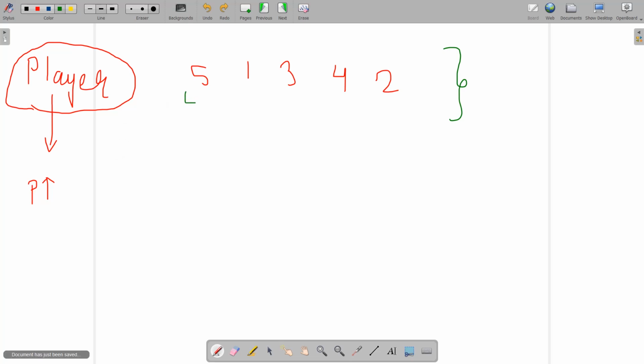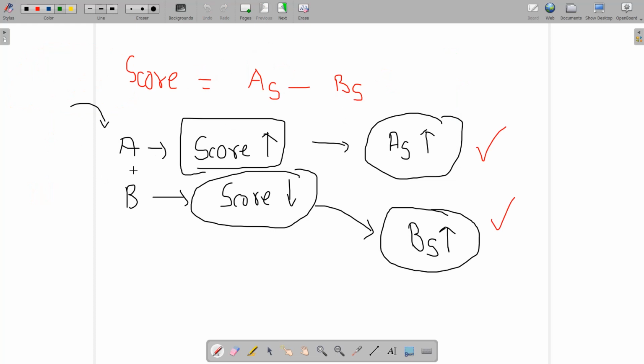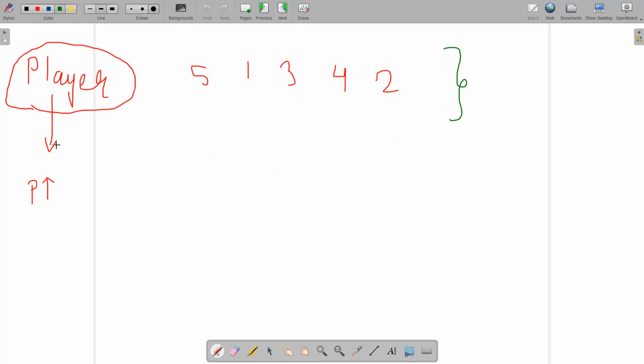If a particular player is going to choose this element, that is 5, I can write P, the current state of the answer, as follows. A player can choose from this position or this position, right? So I need to take the maximum of two things. If every player wants to maximize his or her score, then the difference is going to be suited for the respective players, Alice and Bob. Now we need to focus on how I can maximize a particular player's score.